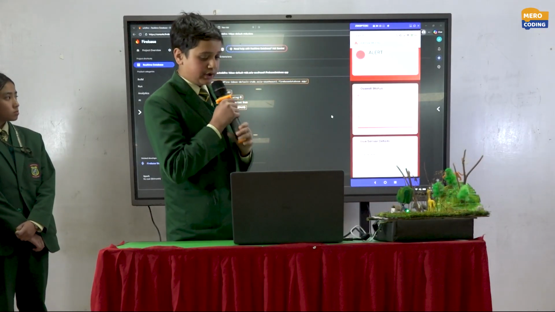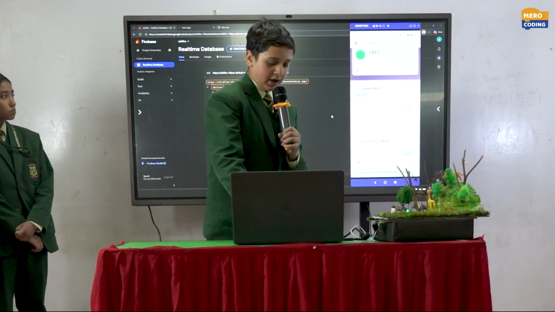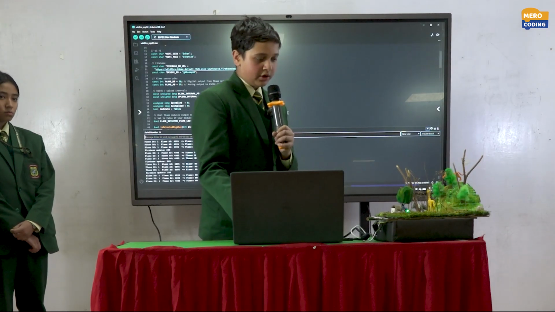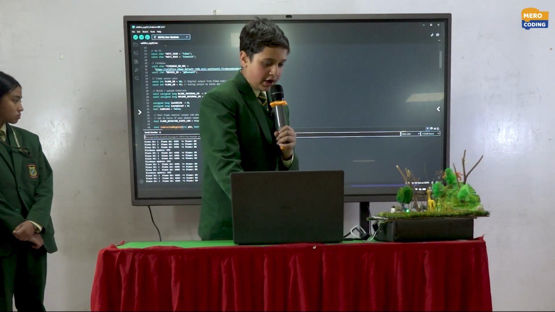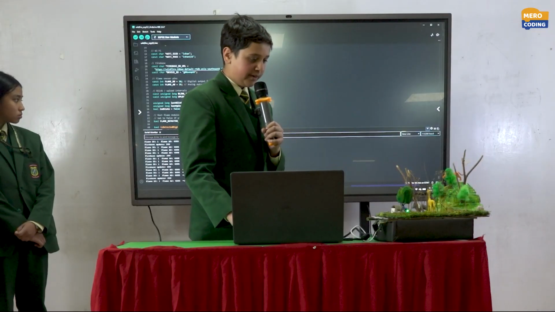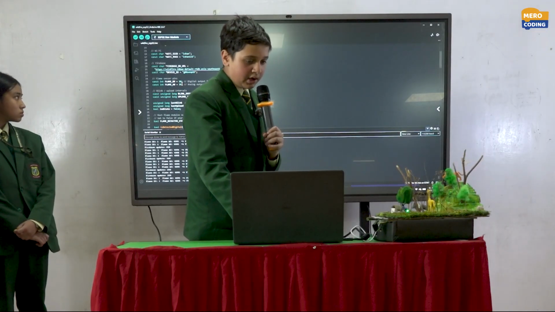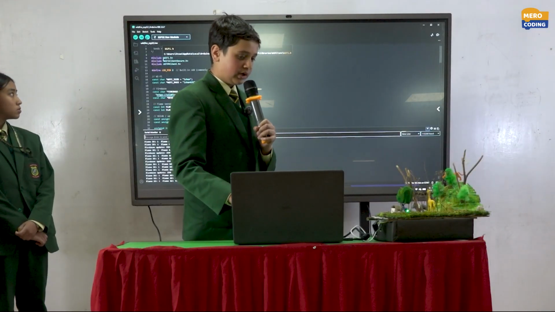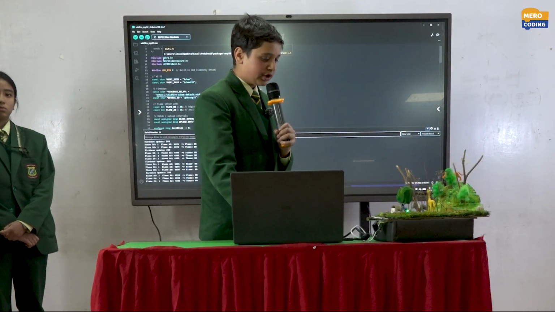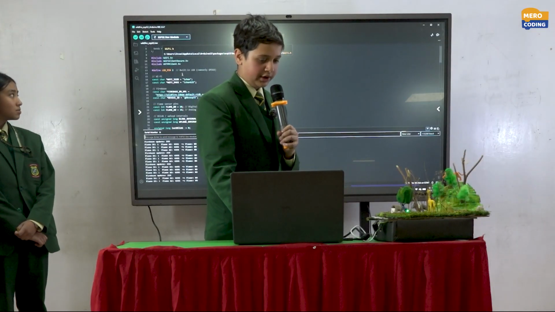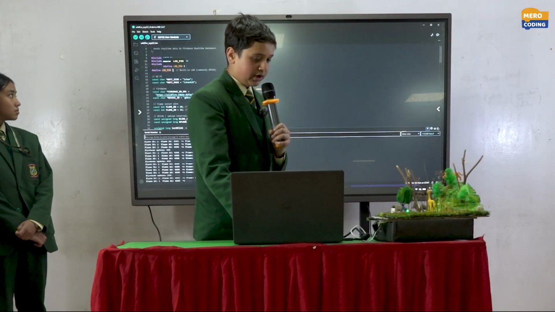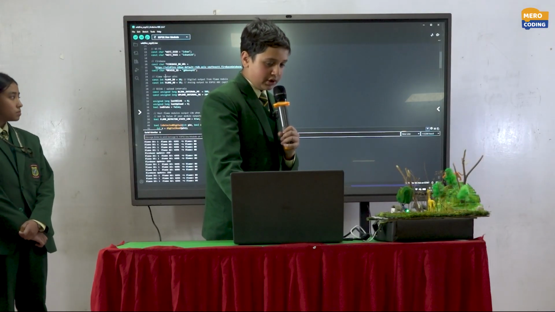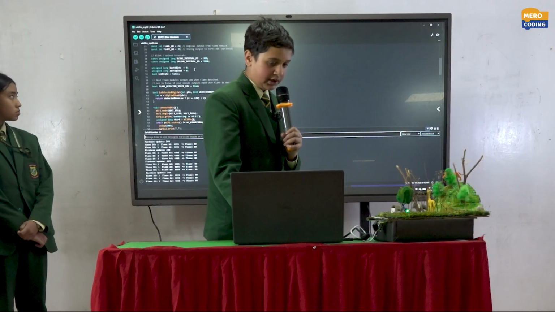Now I'd like to show the ESP32 code, which is in Arduino IDE, which is what we use to enter the code into our ESP32. Here you can see the serial monitor with the real-time data that the flame sensor is detecting. These 3 lines of code are used to establish connection with the ESP32 and the internet. This is for the built-in LED in the ESP32. This is just used to establish a secure connection.